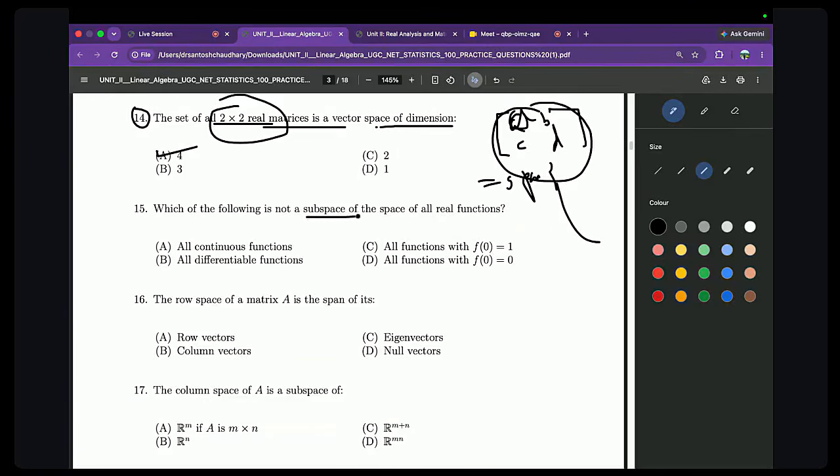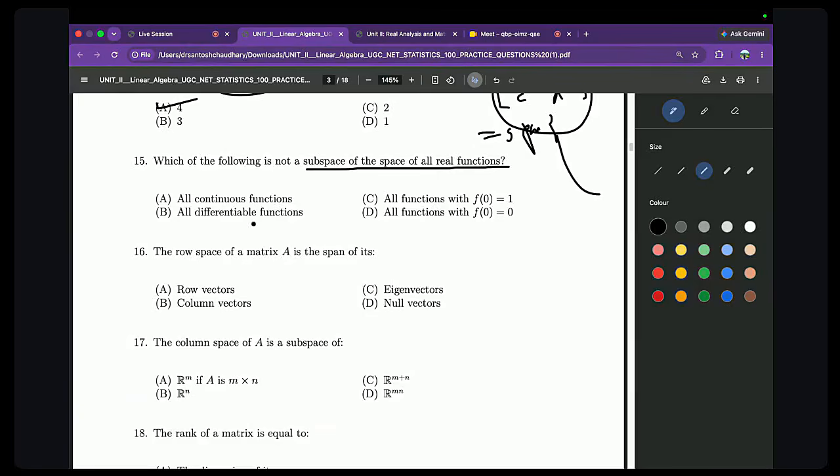Which of the following is not a subspace of the space of all real functions? 15 बताइए क्या होगा? कौन सा सबस्पेस नहीं है? ये स्पेस ऑफ रियल फंक्शन है, और कौन सा सबस्पेस नहीं होगा ये बताना है। सो 15 का आंसर बताइए। तो जीरो फंक्शन होना चाहिए, बस। जीरो फंक्शन मस्ट बी देयर।